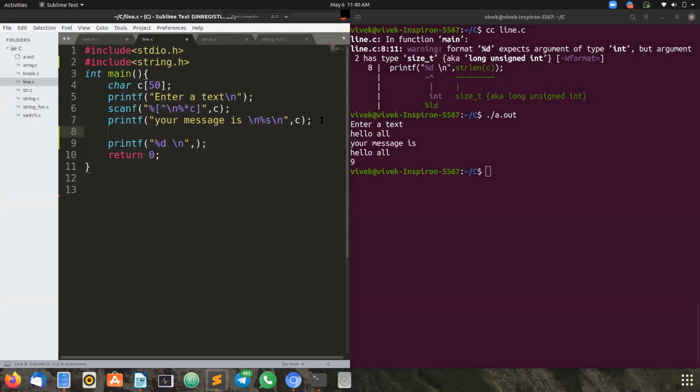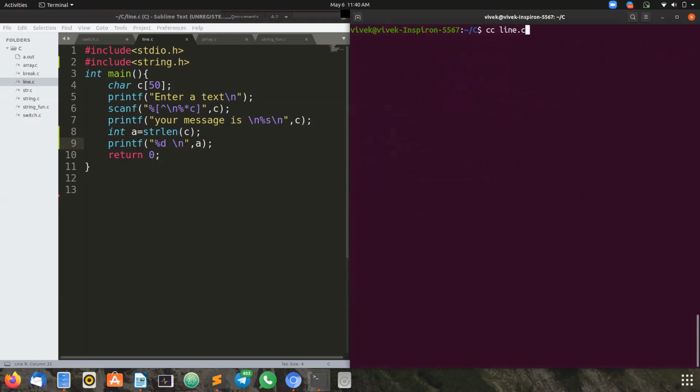I'm writing one more line: I'm taking an integer variable a and I'm assigning the value to this a. Now the strlen count comes, and that count I'm assigning to a. a is an integer variable. Now see, we do not get that warning also. I'm not putting any %ld. Observe. Sorry, once again I'm going to compile my program. See, no errors. Why? Did you get this point, everybody?